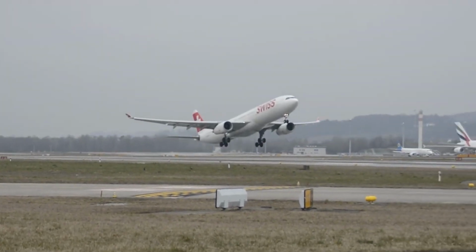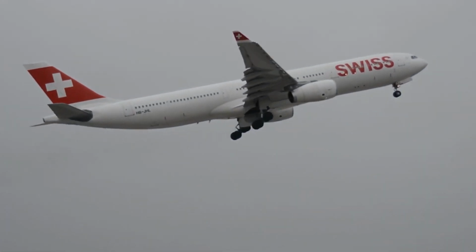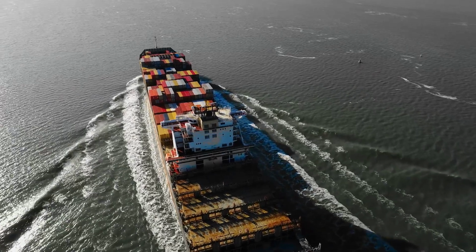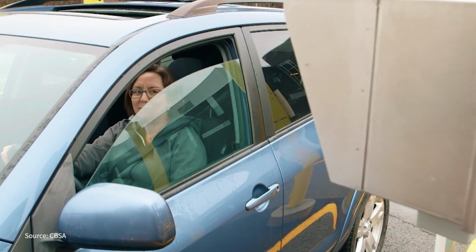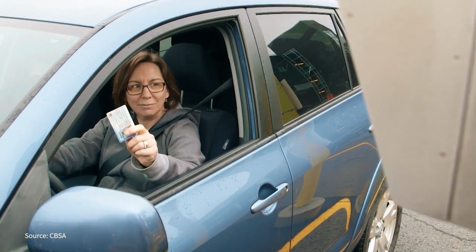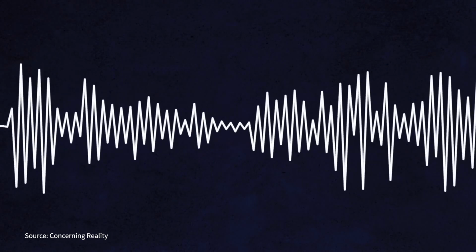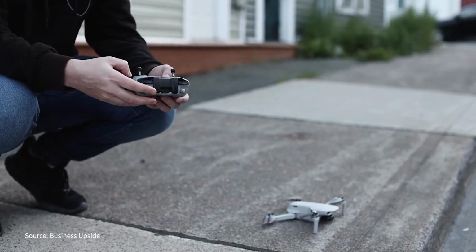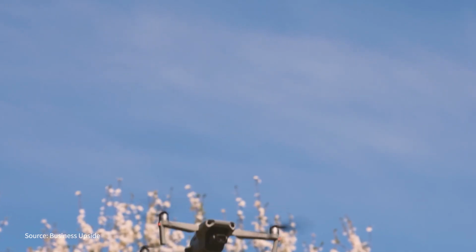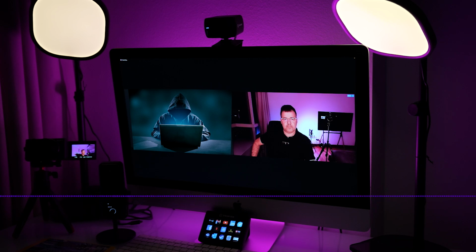Aircraft are all emitting radio signals. Ships, GPS, RFID, NFC, our phones and our credit cards are all emitting a radio signal, all of which can be hacked. There's the possibility of intercepting drones, which are obviously controlled by radio signals,